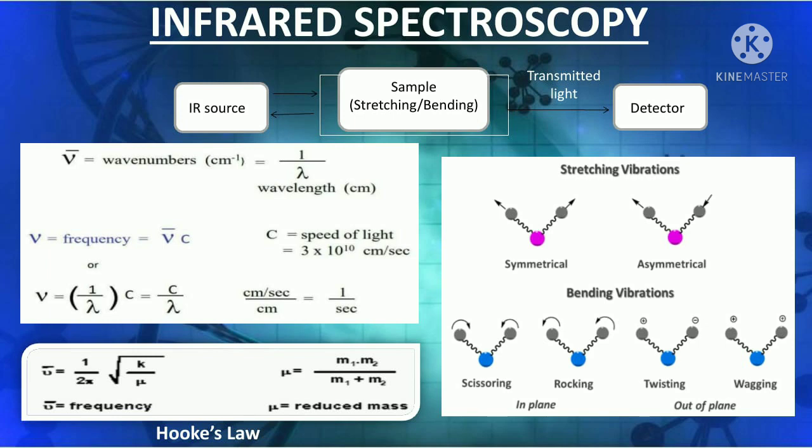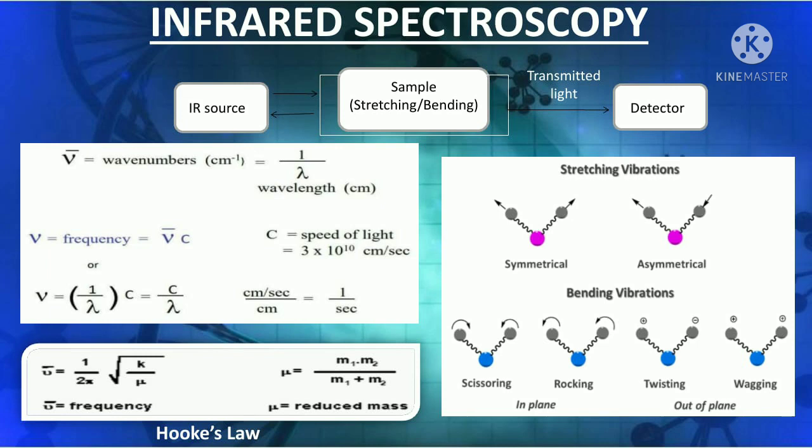Now you must all have the question of why mid-IR range will be used, why not near or far IR range. Well, to answer this, the interaction of mid-IR radiation provides a spectral fingerprint. What is that? The fingerprint is useful for the identification of a sample. We will be discussing fingerprint later on. The peaks and troughs in a mid-IR spectrum are very specific to the sample measured. So to get a better idea of our sample, we generally choose the mid-IR range.